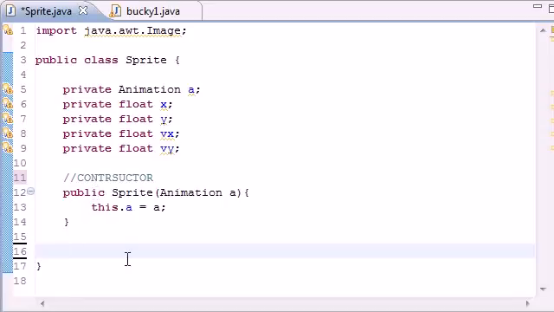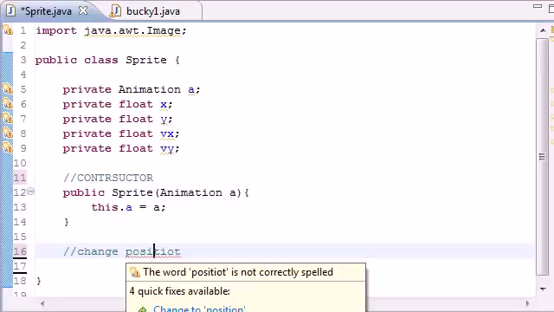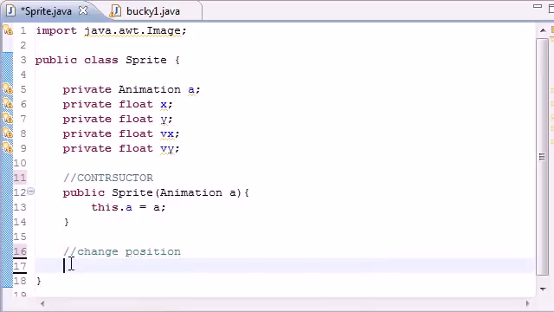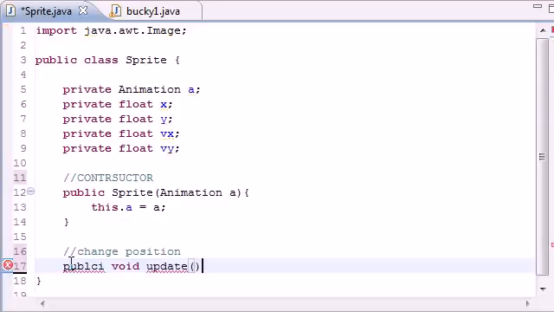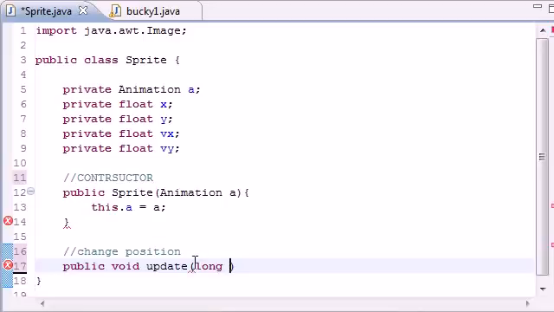So in order for your image to move around, you need to change the positioning of it. So in order to do that, let's go ahead and put change position, and make sure you spell that like that. And we'll name this public void update, and it's going to change its position based on the time that has passed. And remember, we already calculated this in another class. So long time